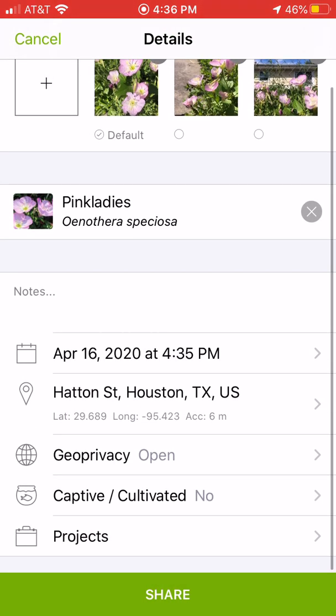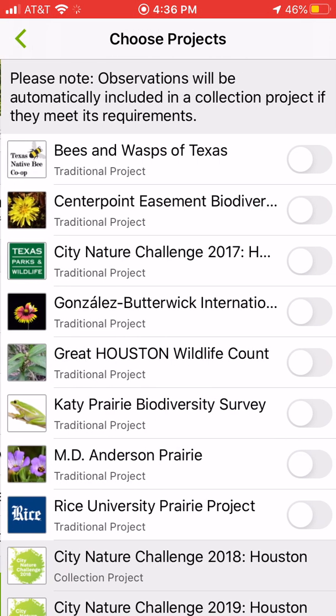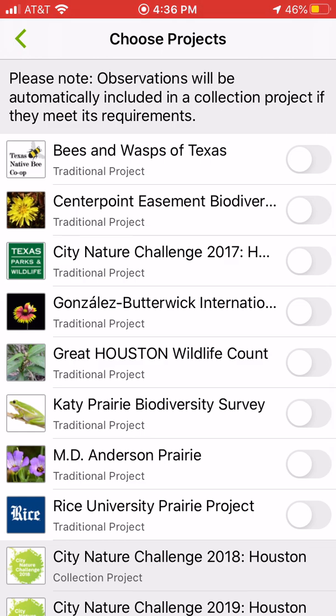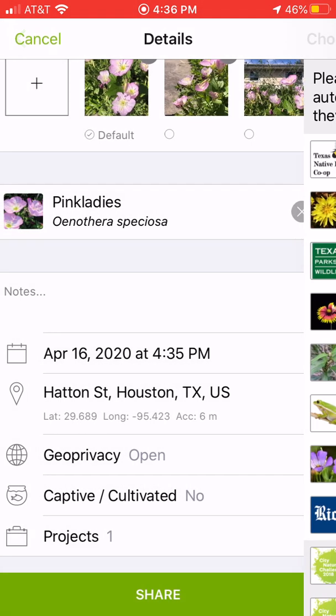And at this point, you can just add it as an observation, or if you have a project around a school, house of worship, museum, library, wherever you've put a project to capture all the biodiversity observations from that area, you can hit projects. And I can add this to any of these projects that I'm on, and it will make sure that anytime I pull up that project, it will show up. So I'm taking this observation at my house, which we have, as previously stated, called the Gonzales Butterwick International Toad Preserve or Reserve. So I'm going to select that,